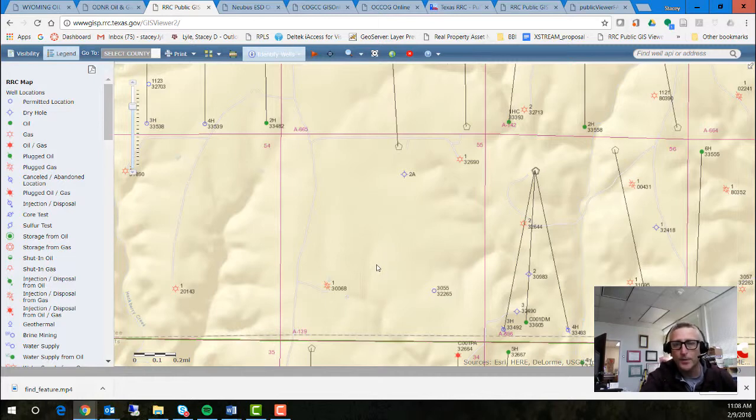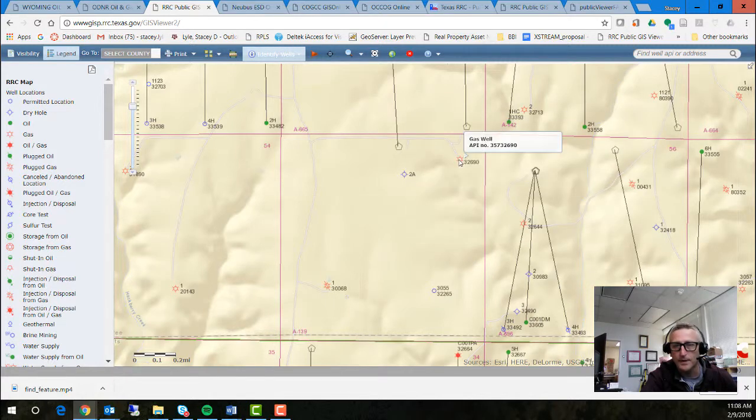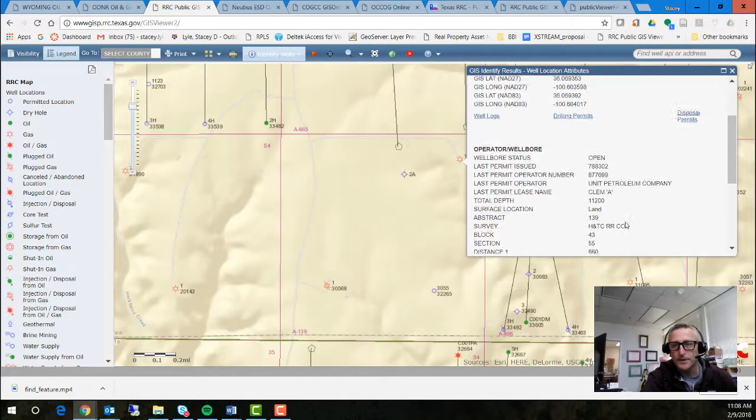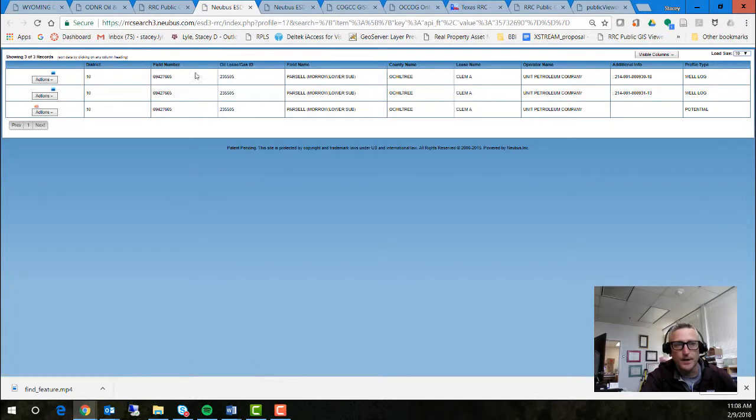There are some land records in these databases, and if you click on some of the wells, you might be able to go in and look through the different wells. That one's a dry hole. We'll look at the next one and see if we could look at all the records that they have on that location. So here I came in and I see that there's three different sets of information that are there,